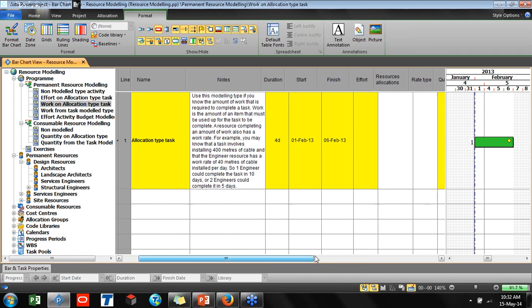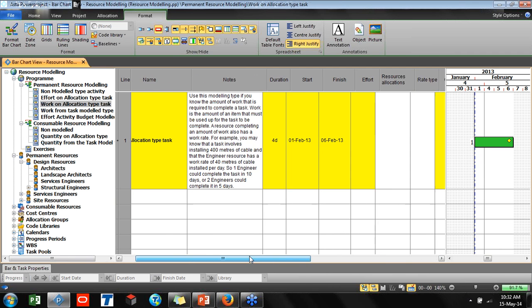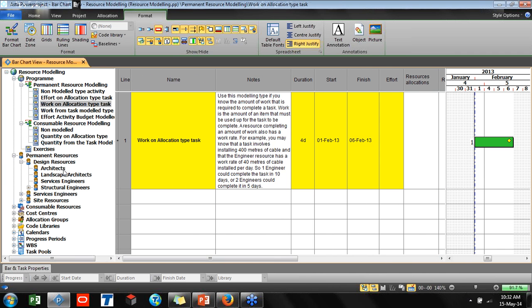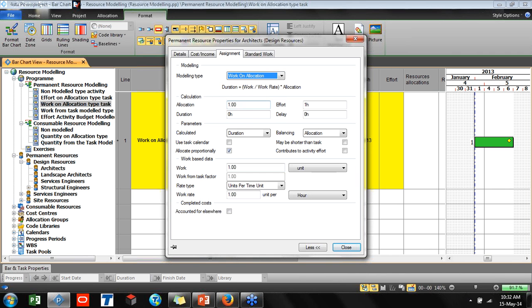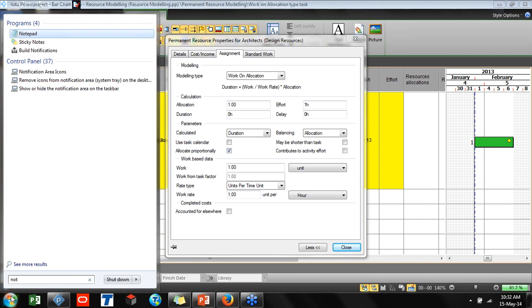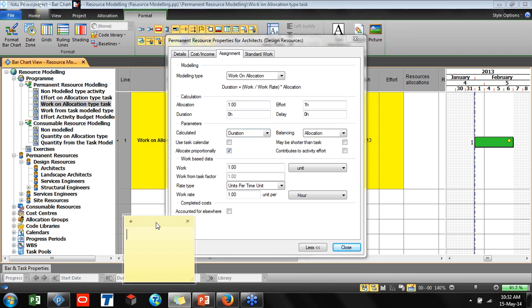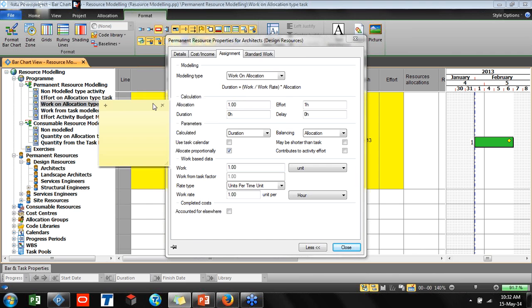And in this case, we will also change our work. Now let's say that we will be assigning architects, and let's develop in our library, and we can select our work, and we will know the work on the task. Let's look at how we are going to plan. Now we know the works, and we can forget this part,